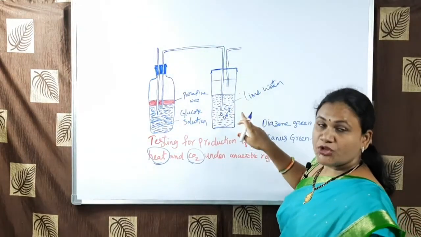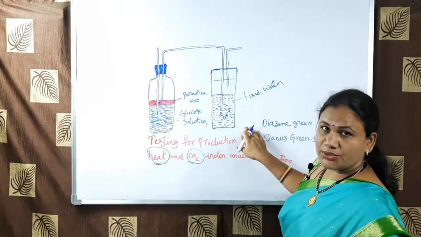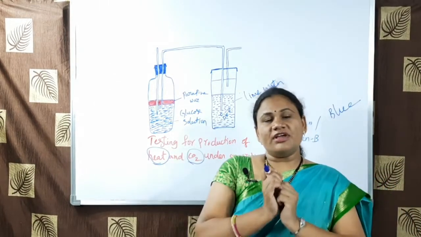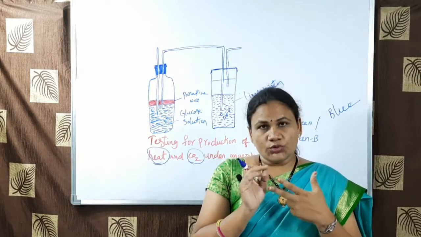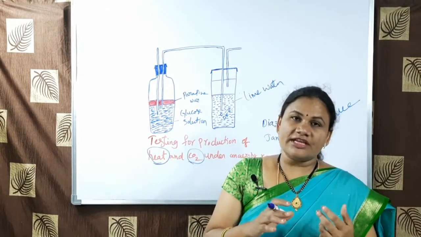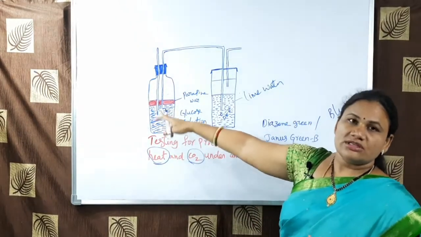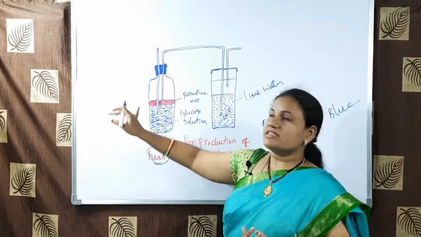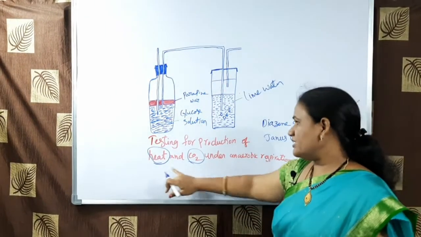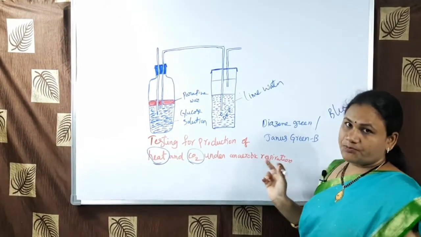After some time you will be able to observe that the lime water is turning milky white. By this we can understand very easily that CO2 is the only gas which can turn lime water milky white. As this process goes on, you will also be able to observe the temperature increasing in the thermometer. So by this we can say that heat and carbon dioxide are produced under anaerobic respiration.